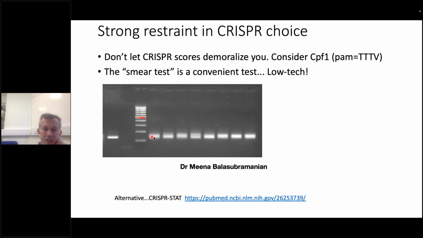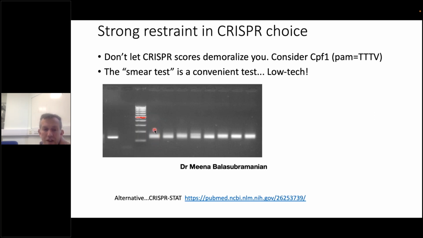However, if you look at the injected embryos, you can see that the bands are all very smeary and hazy. And that is because the CRISPR is working. It's creating all kinds of base insertions and deletions, and that will cause PCR sizes to be different.